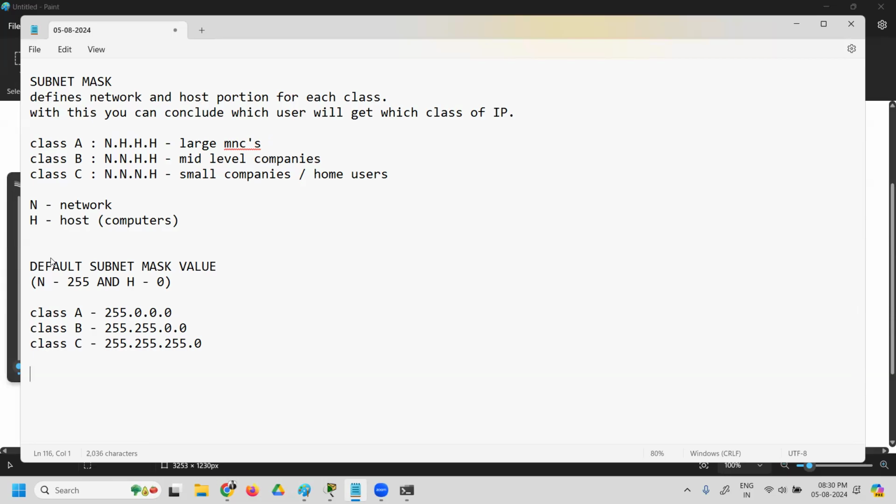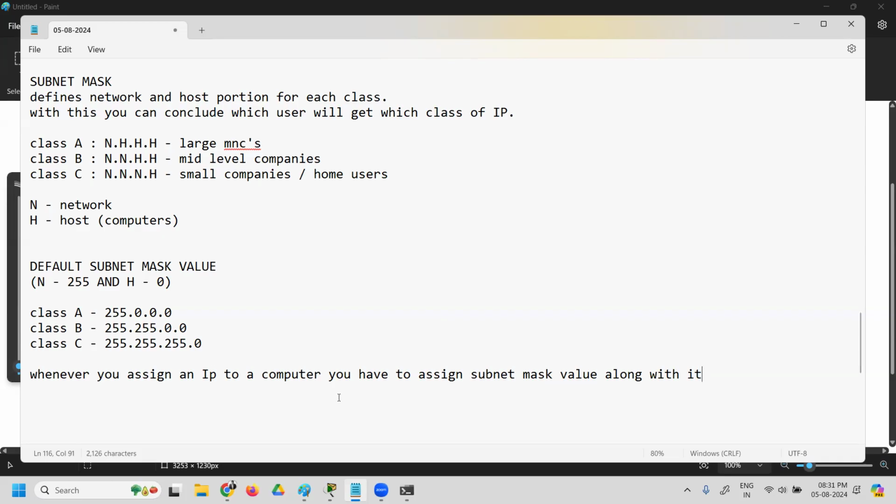Now, always remember, whenever you assign an IP to a computer, you have to assign a subnet mask value along with it. Whenever you assign an IP to a device, you have to assign a subnet mask. IP and subnet mask are always together.